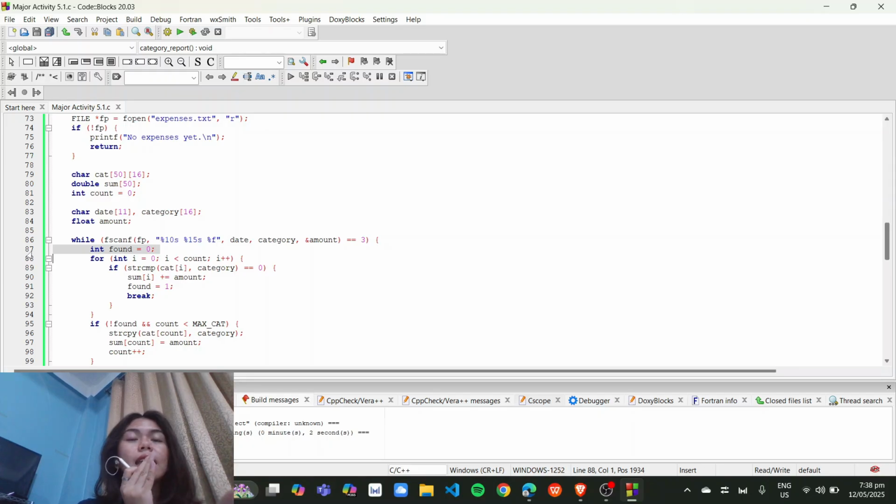This initializes the flag to track if the category is already recorded. Then it loops through already recorded categories to check if the current category exists. This code is used if the category matches an existing one: it adds the amount to the corresponding total. We use this code to add the amount to the sum of the found category and set the flag